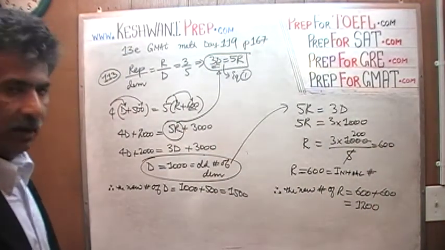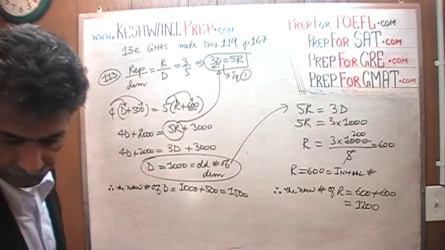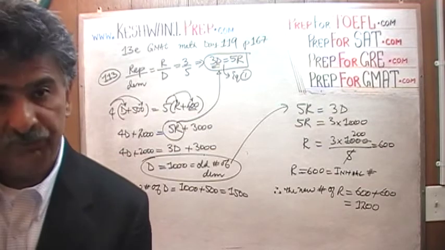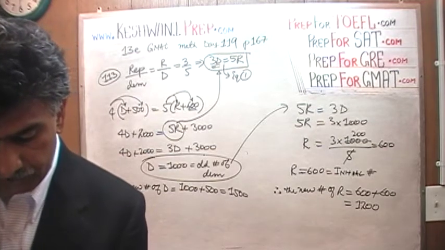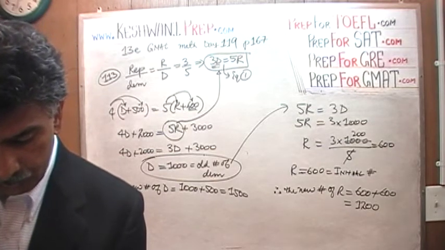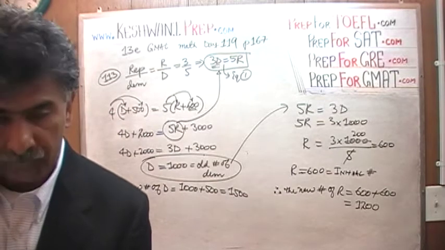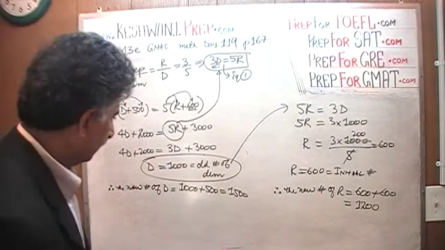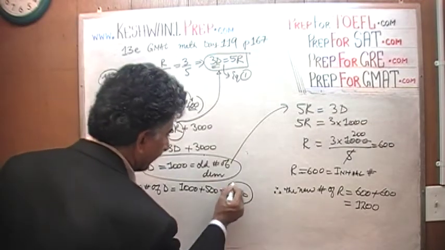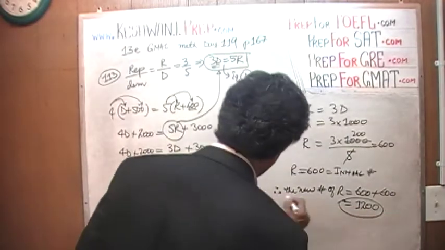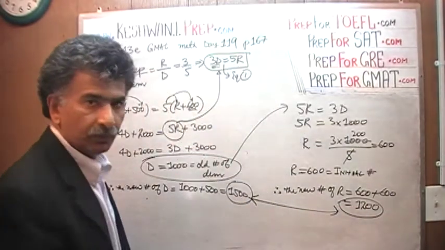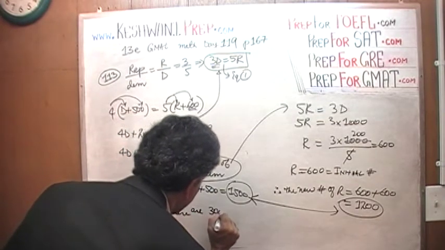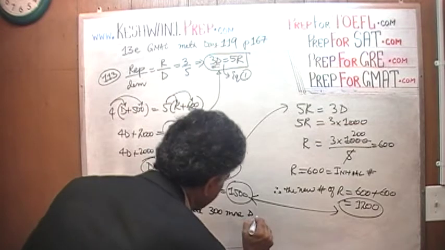The question is, how many more? Let's read the question how it's written. After these changes, how many more voters in the district are registered as Democrats? There are how many more Democrats compared to Republicans after the change? Well, the new number of Democrats is 1500. The new number of Republicans is 1200. How many more? The answer is there are 300 more Democrats